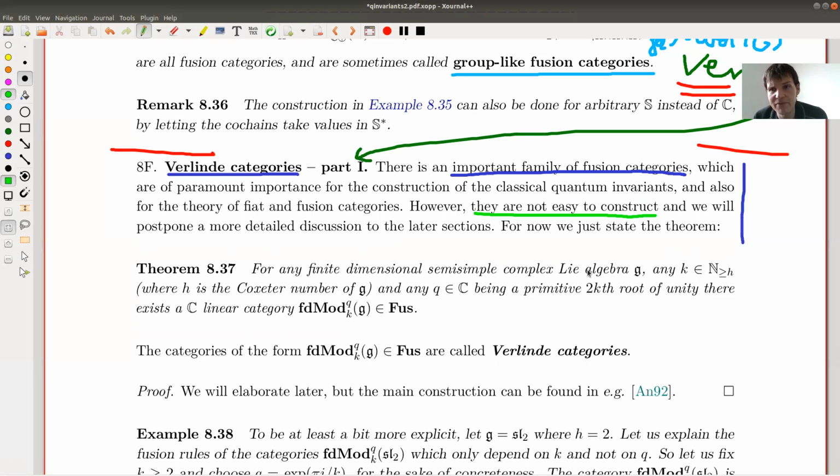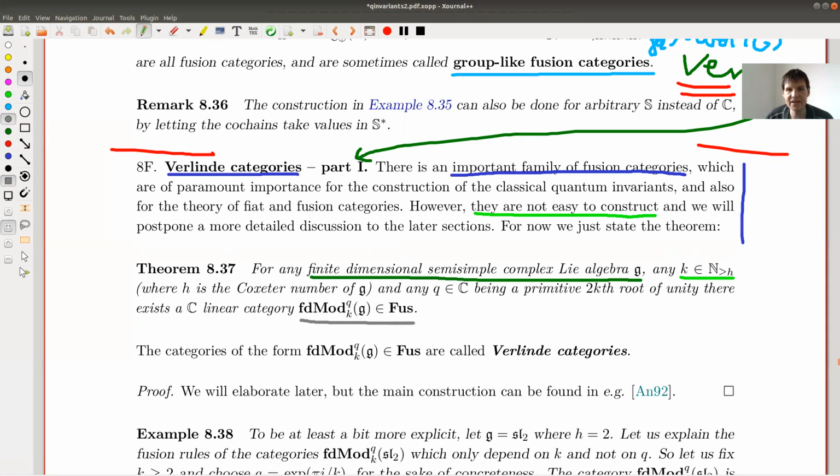I will give a diagrammatic construction for certain parts of it, and maybe later for others. But the main theorem, which is not so easy to prove, is that for any finite dimensional semi-simple complex Lie algebra, and any choice of level k, there exists such a fusion category,